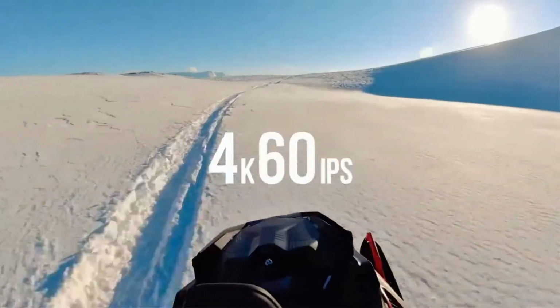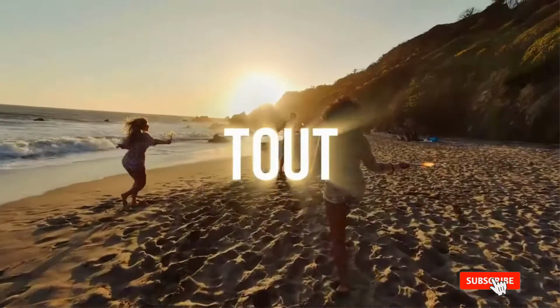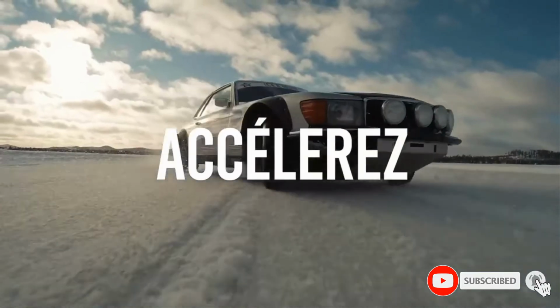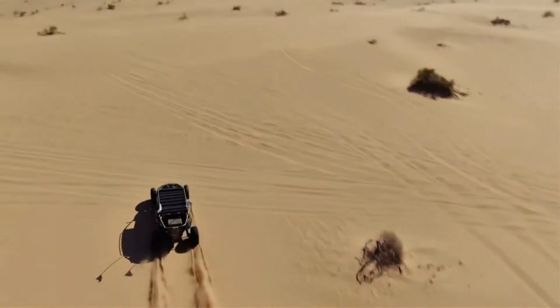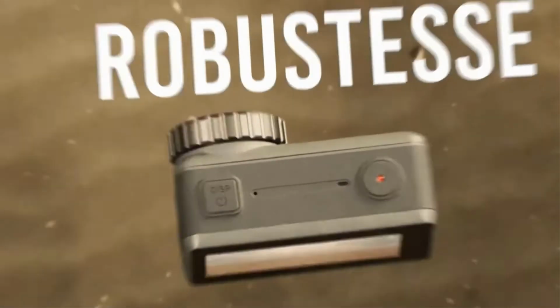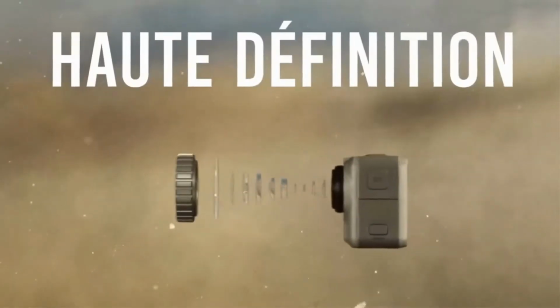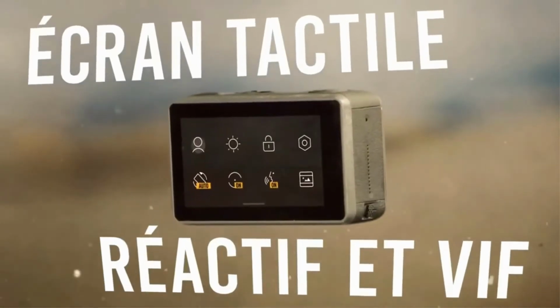Thanks to its vivid front screen and crystal clear, hyper-responsive display on the back, the Osmo Action lets you capture sharp, striking footage in any setting, day or night. It is waterproof up to 30 feet without a case so that your kid can record smooth videos underwater. Osmo Action has built-in electronic image stabilization (EIS) that ensures your footage stays steady and sharp even when the action